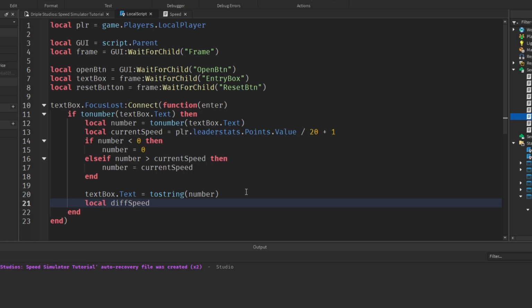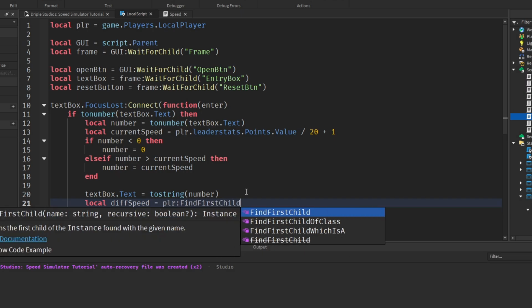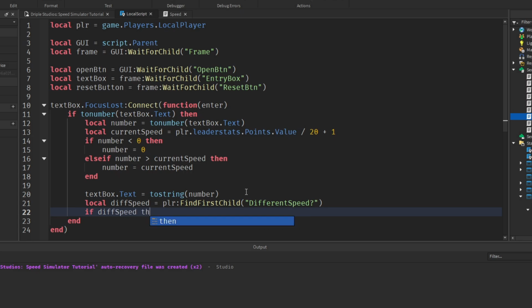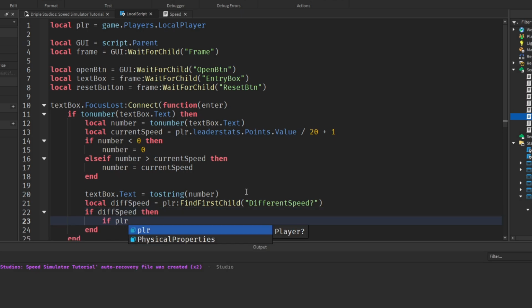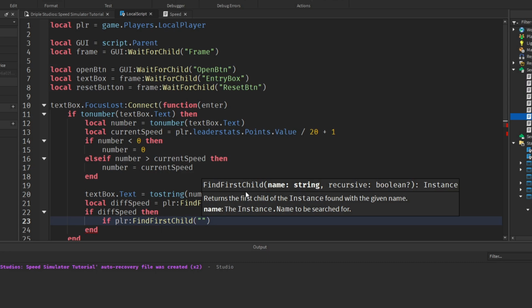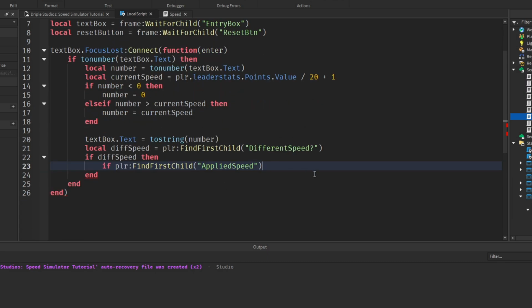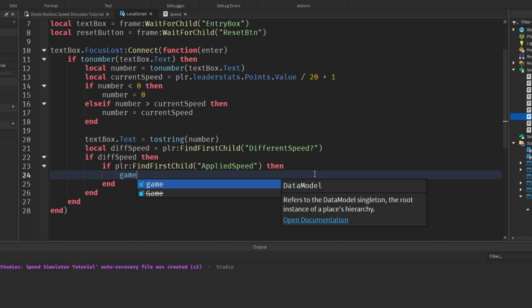Now we'll say local diff speed, and we'll get to this bit in a minute. At the minute I'm just going to write it, but we will come back to this because it's going to be a bit confusing at the minute. But just hear me out, it'll make sense in a minute. Local diff speed equals player, FindFirstChild, DifferentSpeed, question mark. Just like that, capitals and everything correct, make sure it is. So if diff speed, then if player FindFirstChild AppliedSpeed, again spelled exactly like this with the capitalization correct, then